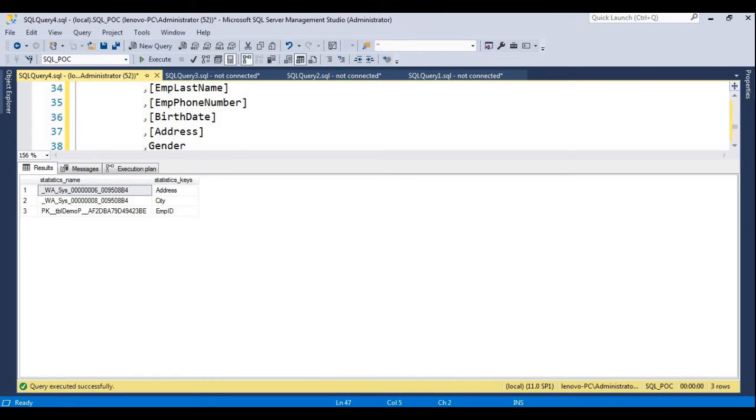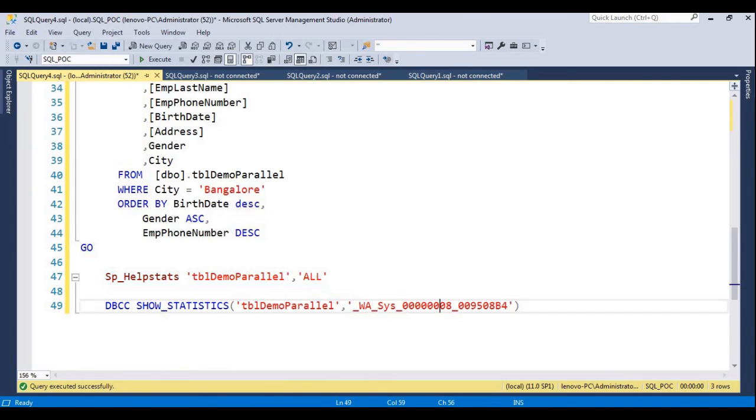Now you can see that there are 3 statistics: address, city, employee ID. Our interest is in city only, so copy and paste it here. DBCC means database console commands. By using SHOW_STATISTICS, we'll find the statistics for this column like header, density and histogram. Try to execute it.